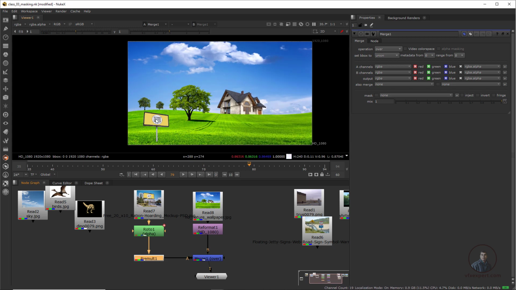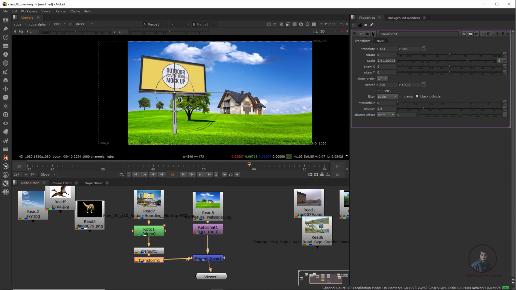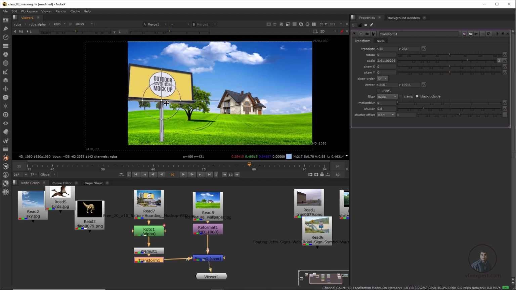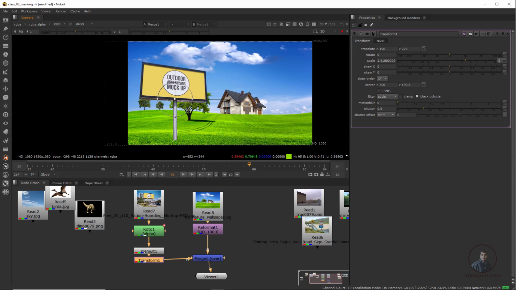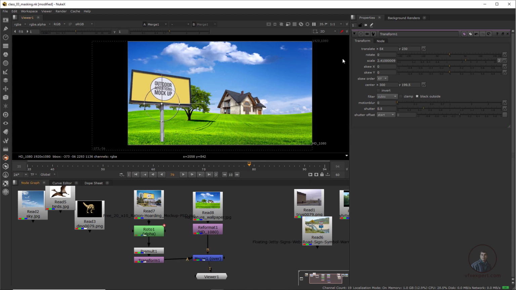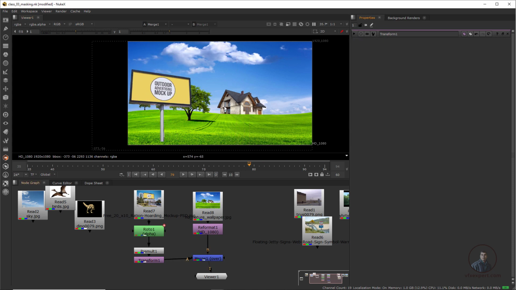If you want to adjust the size, maybe position of this hoarding, then you can use Transform. Remember this one: Transform is only for changing size, maybe rotation, maybe scale, all these things. And Reformat is for changing format. Both are different things, remember this. So here we have to use Transform, shortcut T, because we have to resize our image. Now you can see, just for explanation, I have cut out this image and composited it onto our background.